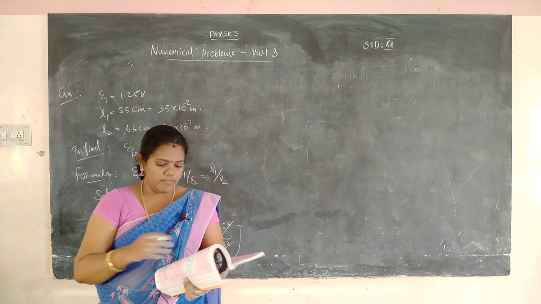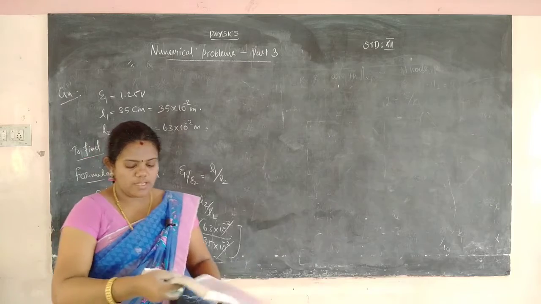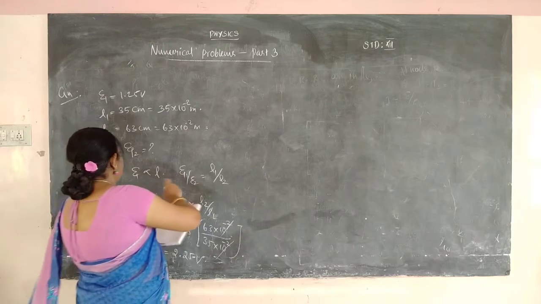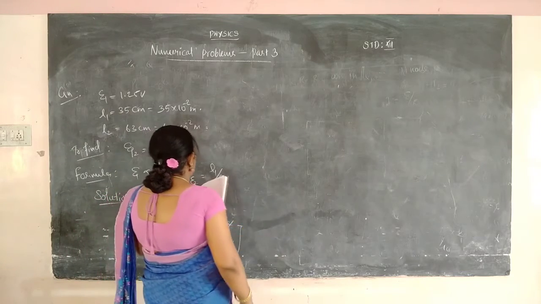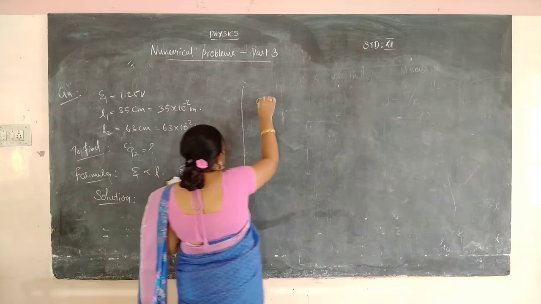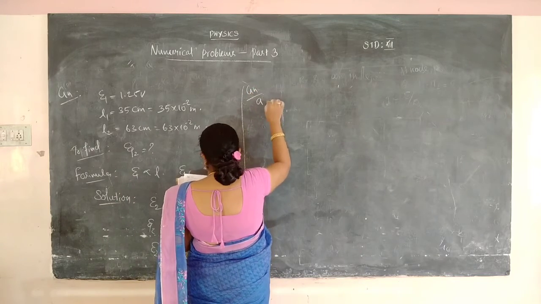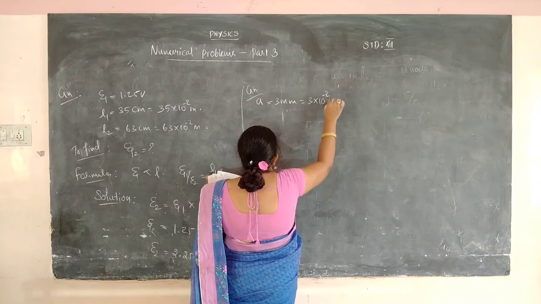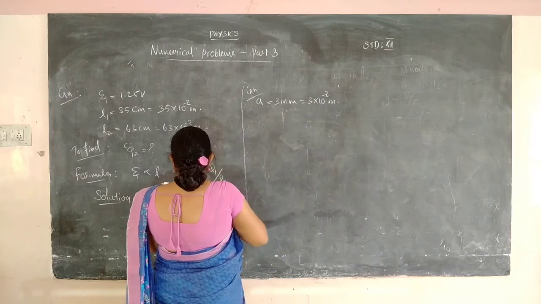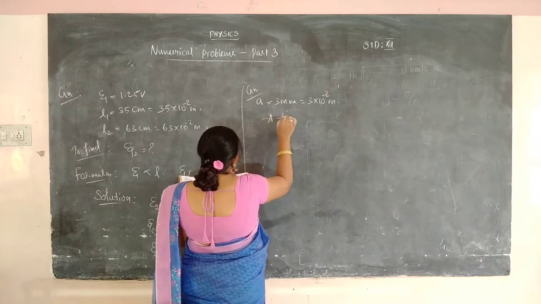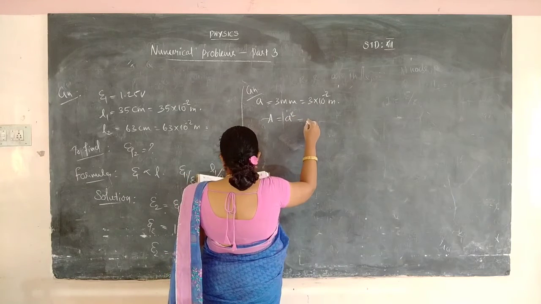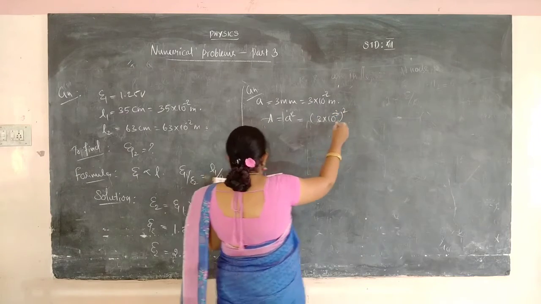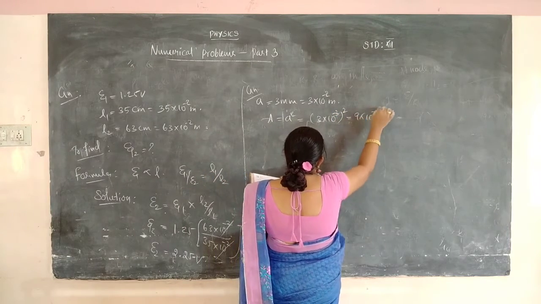Okay. So what are the given values? First you should write the given values. First, the resistivity of the first material and the resistivity of the second material. The first given value is area of cross section. What is the side given? Side is 3 millimeter, so 3 into 10 power minus 3 meter. Okay, 3 millimeters. We want area, so area is equal to side square. So A is equal to 3 into 10 power minus 3 squared, so 9 into 10 power minus 6 meter square.